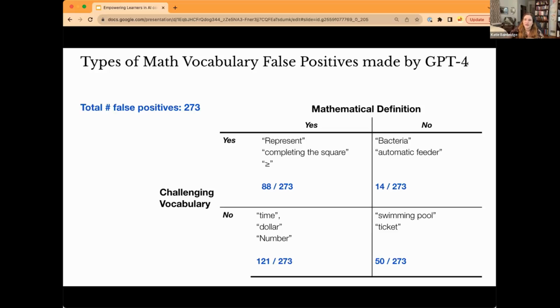Just supports meant to help kids who are struggling to read the question. When viewed this way, the vast majority of the words are either math words or challenging vocabulary. So only 50 out of the 273 false positives are neither. So if the GPT tags result in a question being accompanied by a support when the human tags do not, the consequences of false positives seem minimal and maybe even beneficial. Thus we are paying more attention to the recall result, which gives us confidence that we can use LLMs to generate our assessment metadata in the future.